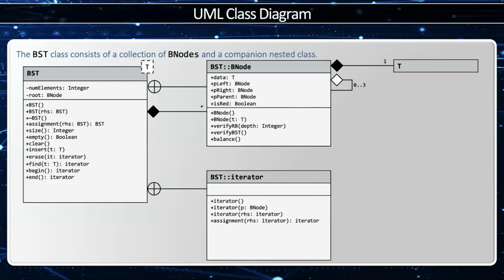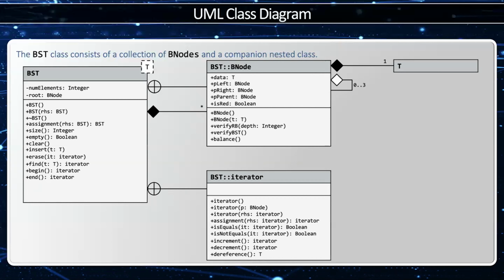Okay, let's dig into that iterator a little bit more. That iterator is going to have a constructor as well as a non-default constructor, which will be able to initialize itself to a given BNode, as well as a copy constructor and an assignment operator. I'll also be able to see if 2 iterators are pointing to the same node or not, with equals or not equals. And I'll be able to advance my iterator both in order and opposite order. And last but not least, I'll be able to dereference the iterator,